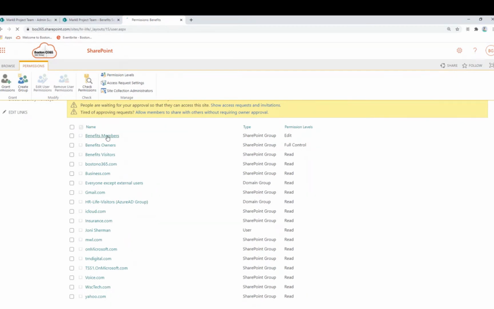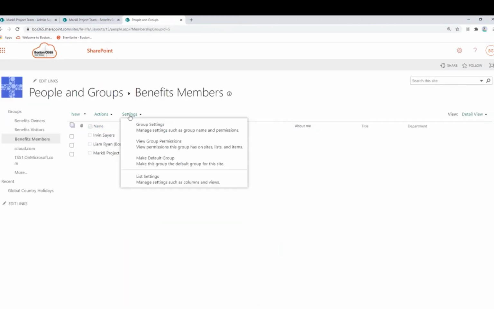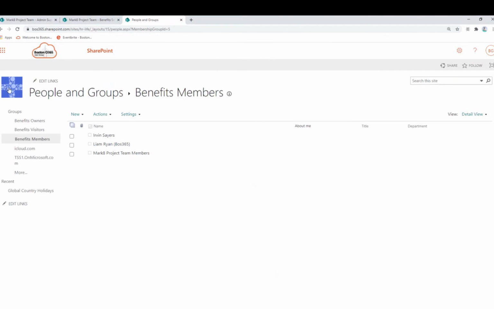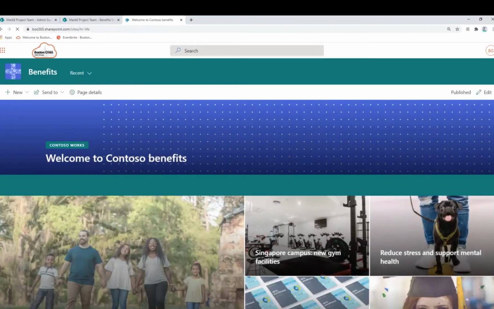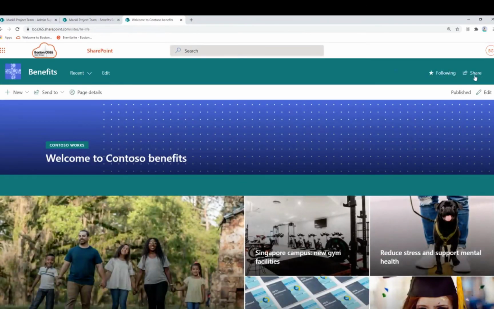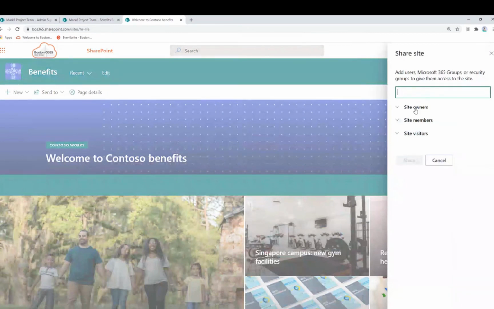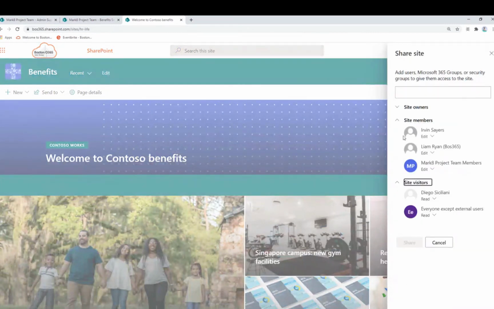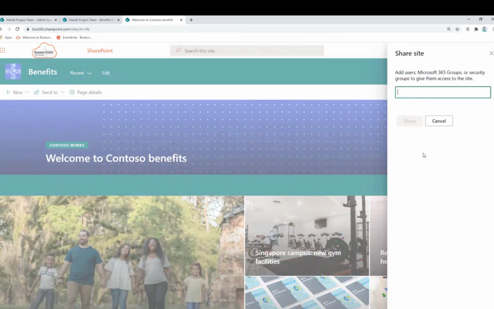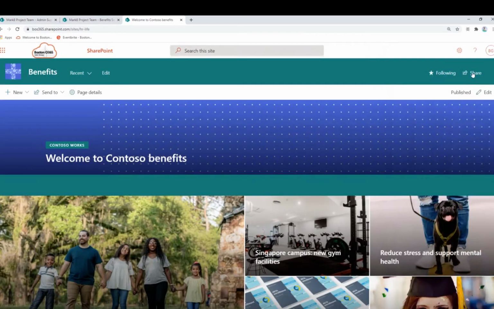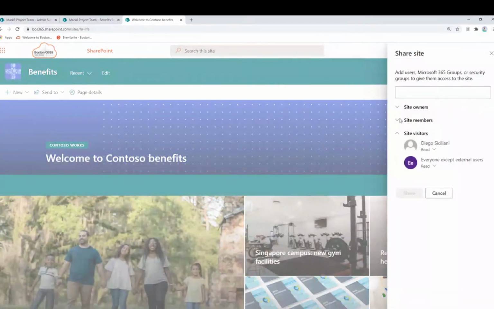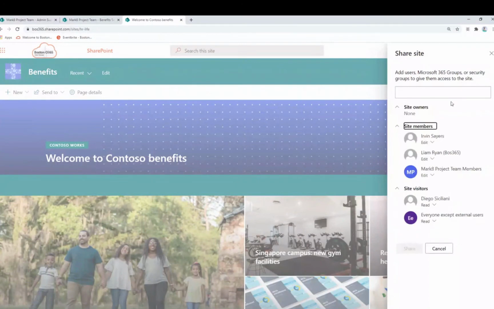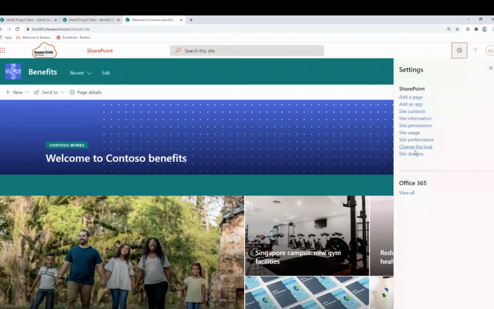But members is typically the group. This is make default group. So this is typically the visitors group is typically your default group. And what that means is this is how they're designed out of the box. So when you click the share button, you now see this experience. You can open it up. You can type it in. So I like to change the default group to be the visitors group on a site where I don't want the visitors to make changes. So I'll put that one back.